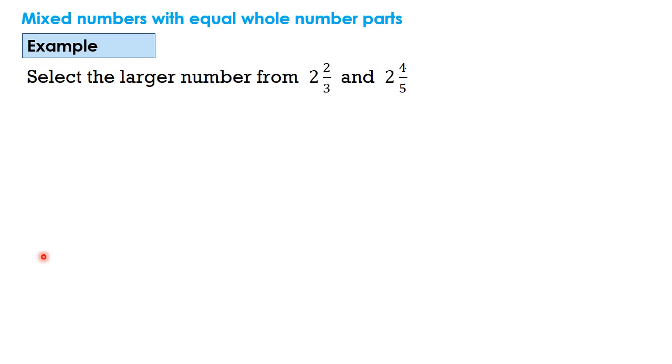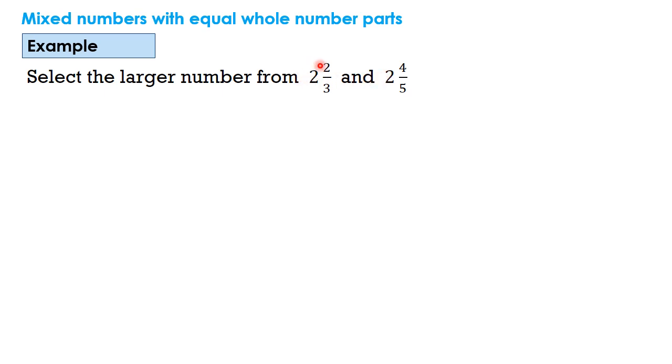Okay, now let's see how to compare mixed numbers with equal whole number parts. Example: select the larger number from 2 and 2/3 and 2 and 4/5. Here we can see in the given two mixed numbers, the whole number parts are equal. Here 2, here once again 2.